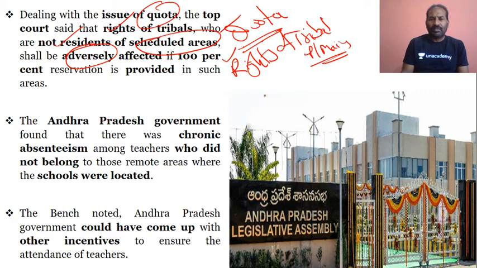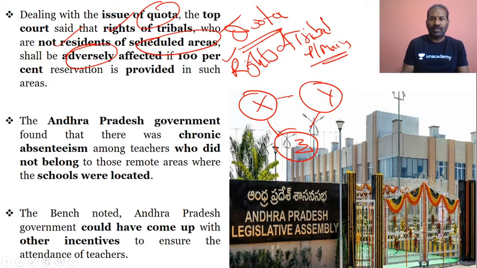Please do understand now. For example, this is a scheduled area, this is a scheduled area, this is a scheduled area. Say the distance between all of them is somewhere around 20 to 30 kilometers. I'm just giving a hypothetical situation. Here you have scheduled tribes, here also, and here also. For example, we'll take this Z scheduled area, wherein there is a recruitment for teachers in the school.